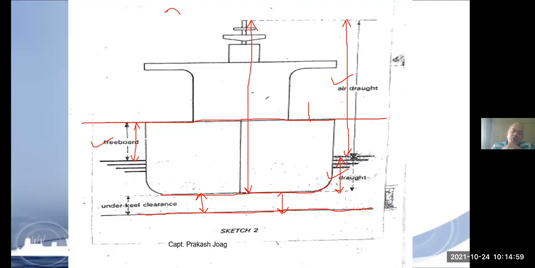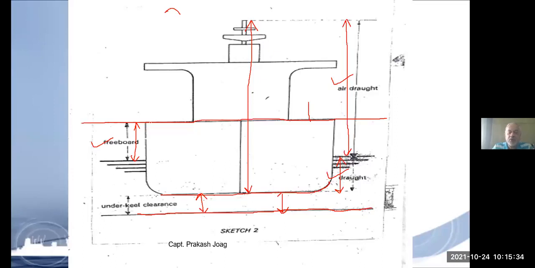This information about the port is also available to the captain from various sources, like publications such as the Guide to Port Entry, or from the agent, or from the owner. The owner or the owner's agent also provides this information to the captain prior to loading the cargo. Prior to loading the cargo means in the load port you load the cargo, and suppose you are coming to another port for discharging, all such information has to be there. Accordingly you can plan your ship's loading.